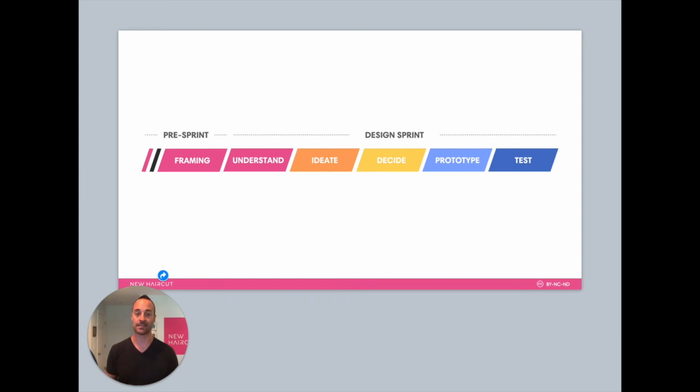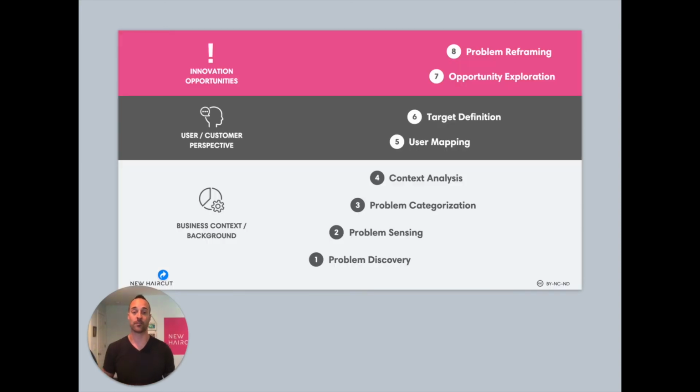But if you're getting started, or if you're pitching sprints to stakeholders and VPs, and you're trying to frame up what you should run your sprints on, then doing a little bit of homework before the sprint is really important. What I actually do to prepare for my sprints is I run a one-day or so framework called problem framing.